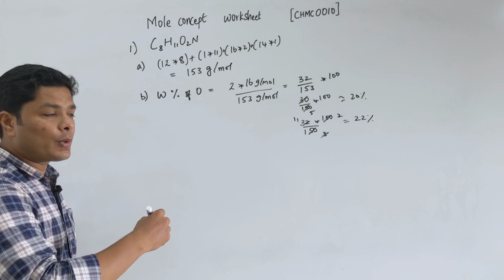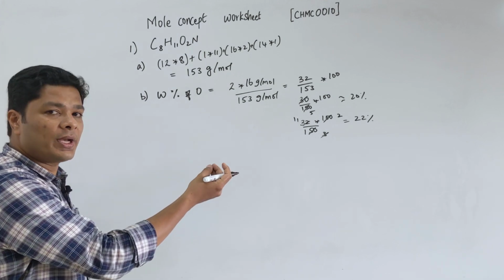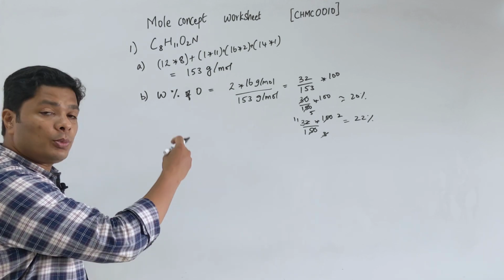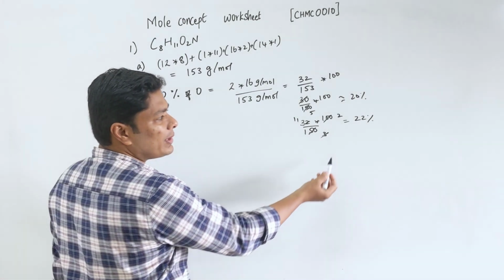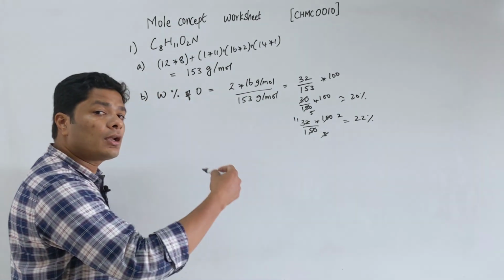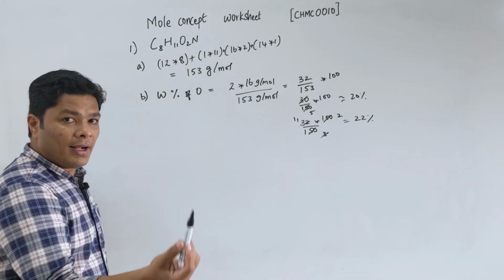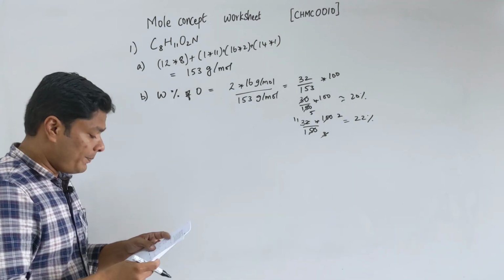We are looking at the pattern and using the numbers to calculate. Also, in NEET you will have the options A, B, C, D, and if, for example, the correct answer is 21%, the other option will be 42%. The options will be spread far apart like that. So you don't have to worry.